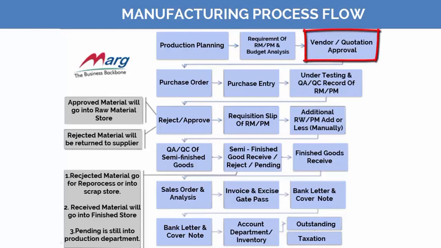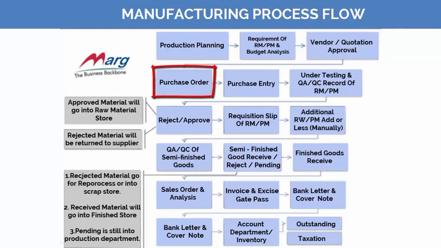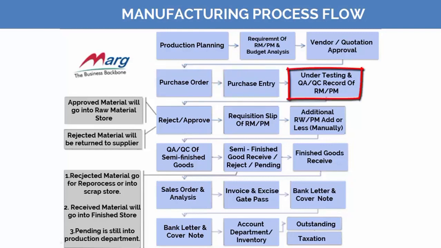Then that quotation goes through approval, and then we generate a purchase order. After the purchase order is generated, the goods are received, and then we do the purchase entry. After purchase entry, we have two options: whether you want the purchased materials to go under testing or not